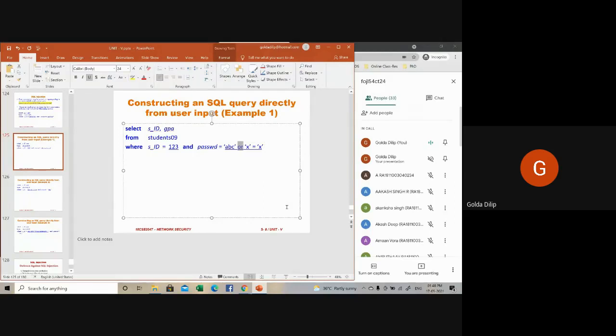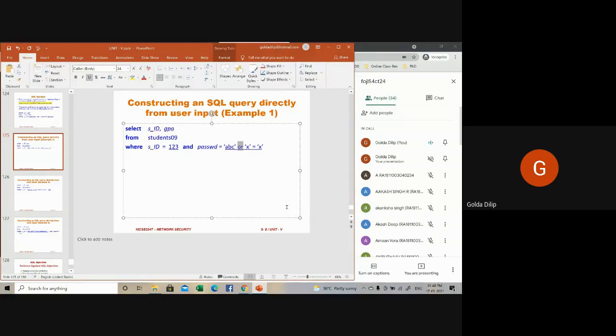That OR will ensure that the clause evaluates to true because the conjunction of the first 2 clauses is evaluated first. Consequently, the tuple of the student with student ID 123 will be returned to the attacker.